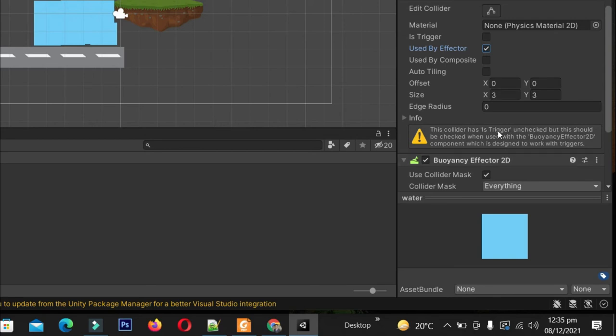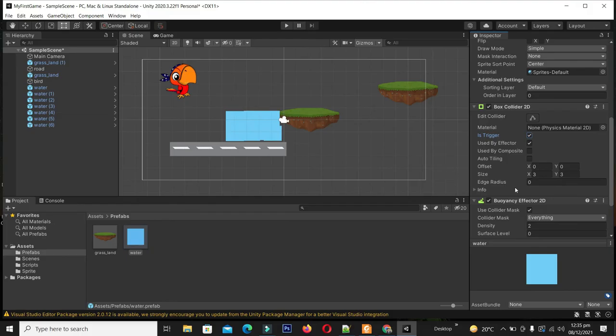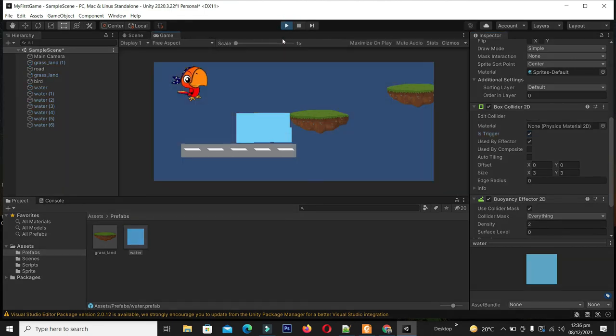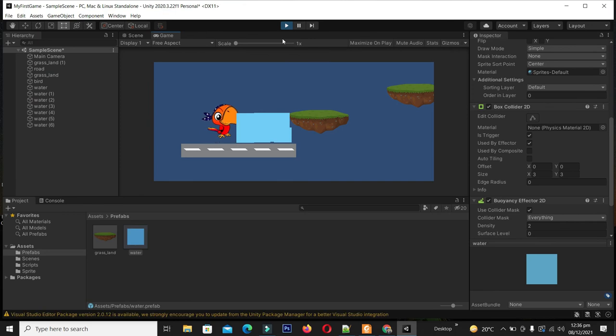It is also recommended that its trigger should be checked. Now all errors are gone, and when I play this game and go near this water, you can see everything is working like water. I just added the property to this prefab and it is automatically applied to all instances which originated from this prefab.